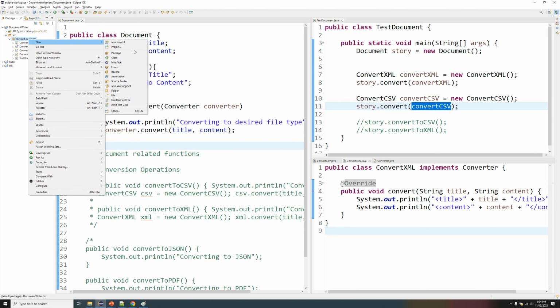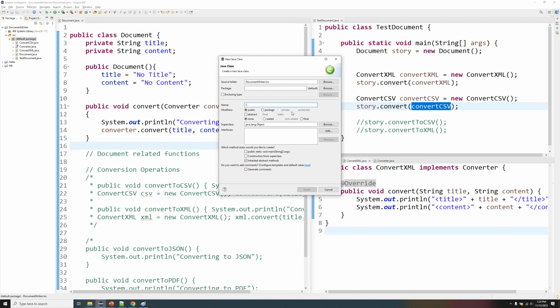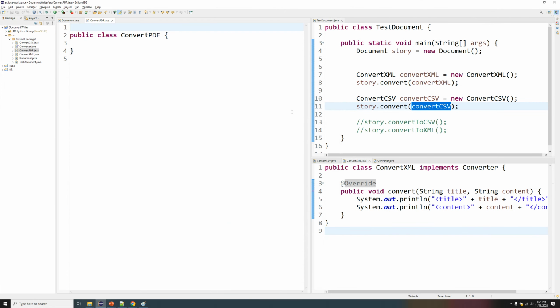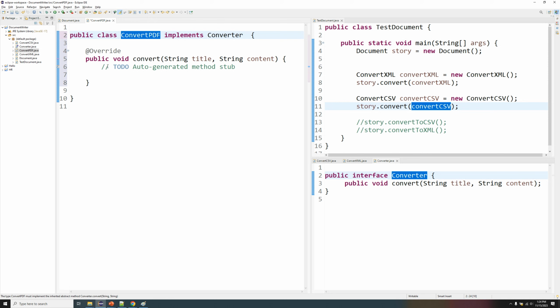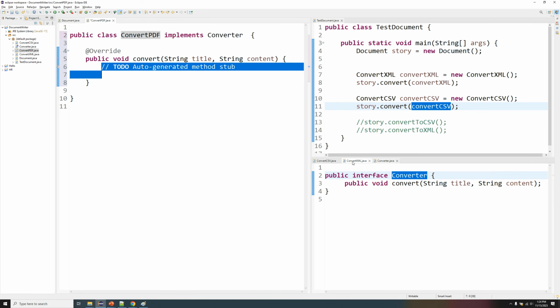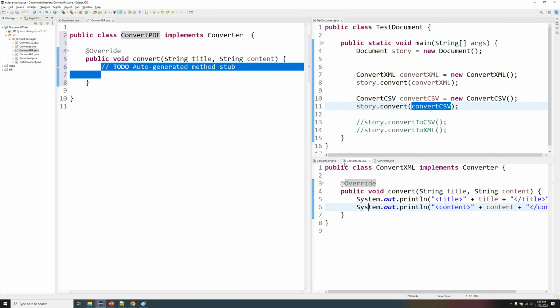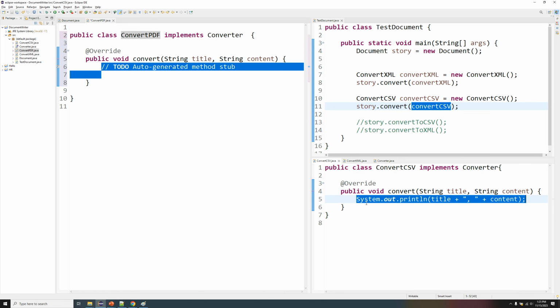So I'm gonna create just a new class. Let's make up the name convert PDF, and there we go. Here is the convert PDF. I will implement this converter interface. Implement converter interface. So I have an implemented method. So add this one, here we go. And then just make up some thing. I don't need to do real thing. I will just put this one